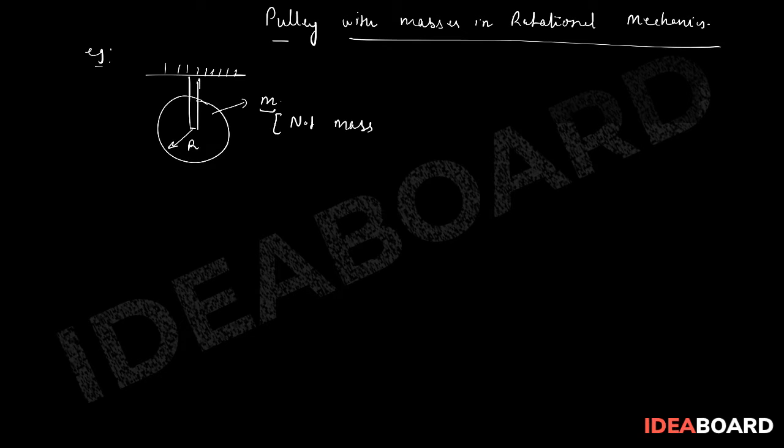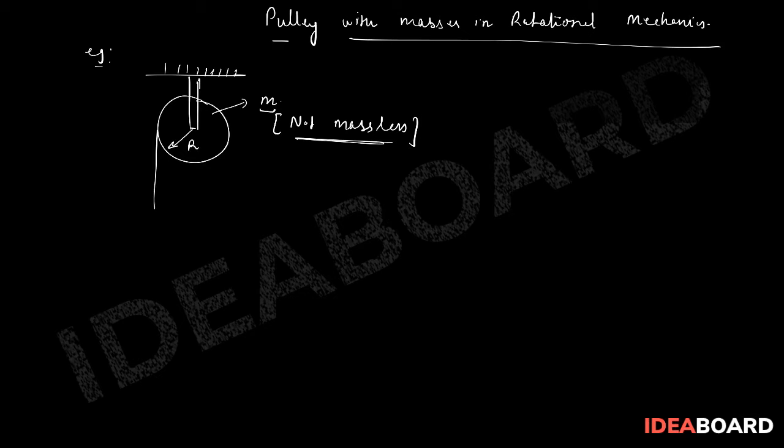So suppose that, let's take one example. We have a pulley which is suspended from a stand, and this pulley has mass small m and let us say radius r. So this pulley is not massless now. This consists of some mass m. So not massless. This is pretty important because generally we have seen massless pulleys earlier.